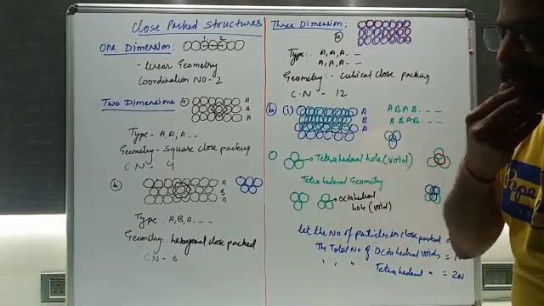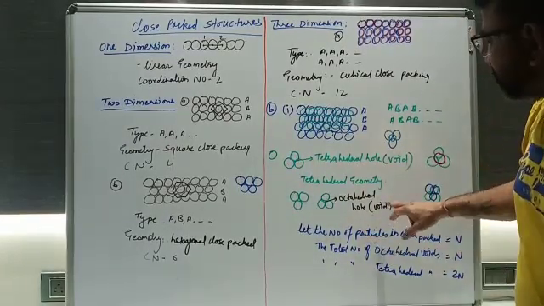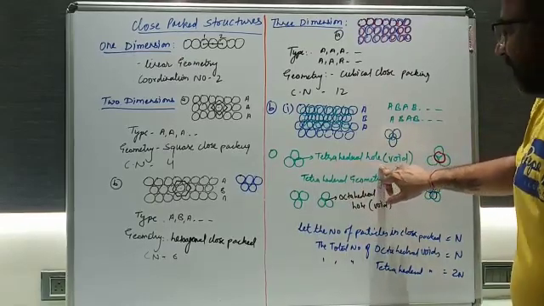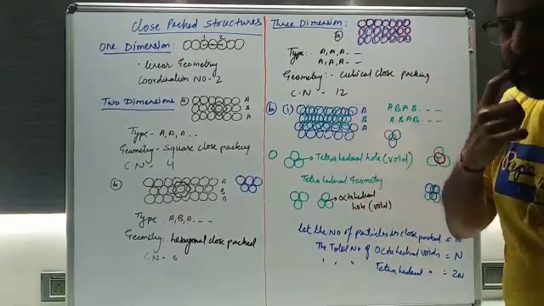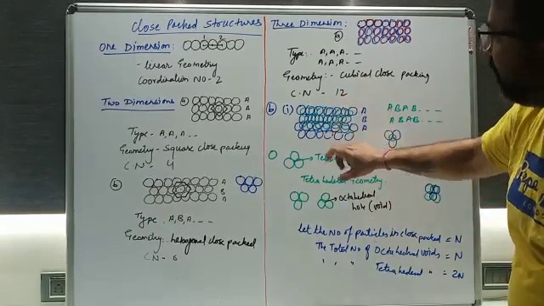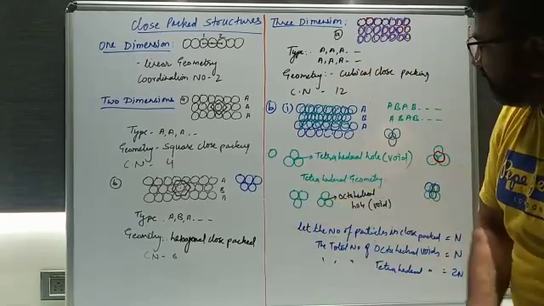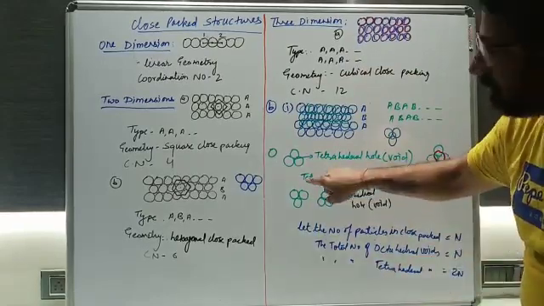There is a space, you can say. Is it fine? This space is called a void, or it is also known as a tetrahedral hole. Clear? So this arrangement is properly observed: 3 particles at the bottom and 1 particle at the top. Then this is called a tetrahedral hole or tetrahedral geometry.